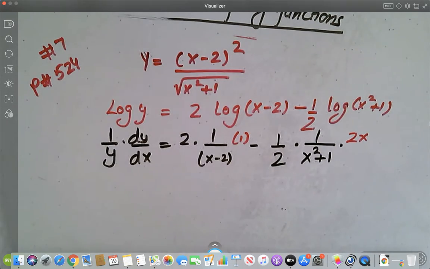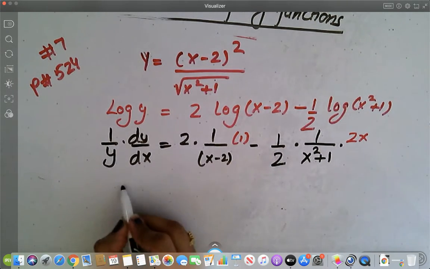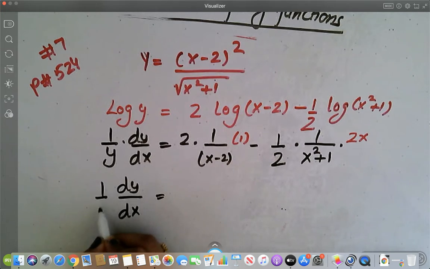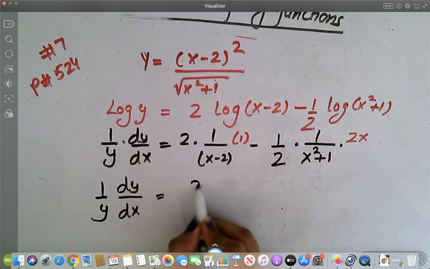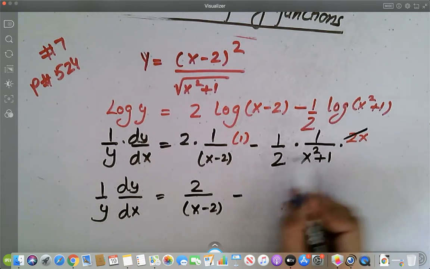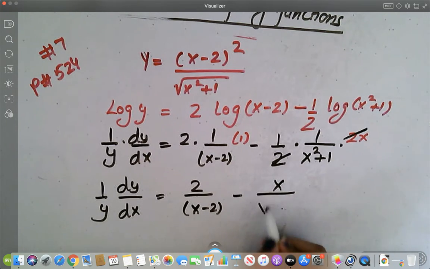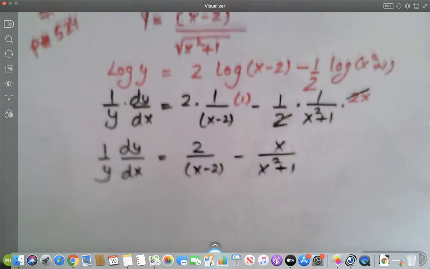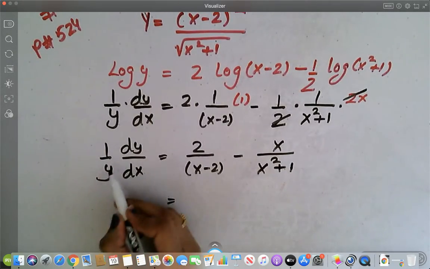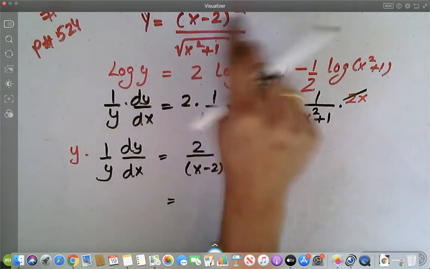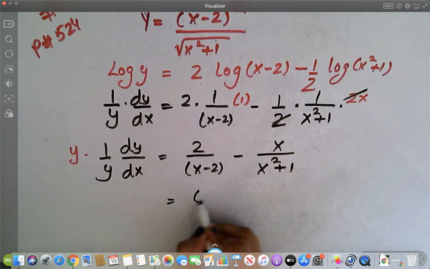Now the rest is just combining everything. This one, dy over dx would stay the same, and you just have to multiply by y on both sides. I'll do it in the next step. This, if I put it together, this looks like something like 2 is going to get canceled out. Here you go. Now, next step, I need to multiply by y, which is my original equation. So again, I'll try skipping that step. So I'm just going to write down the original equation right away. So my original is,